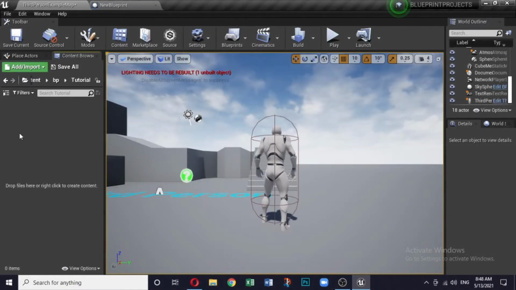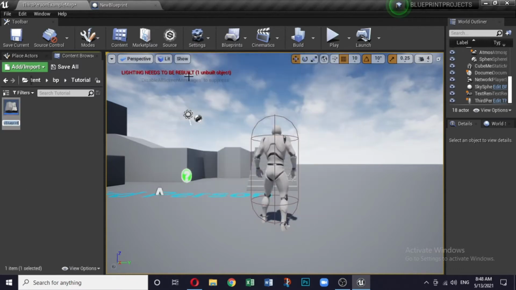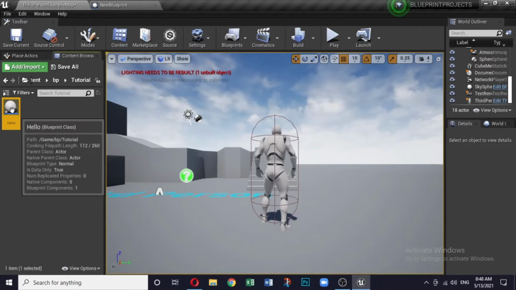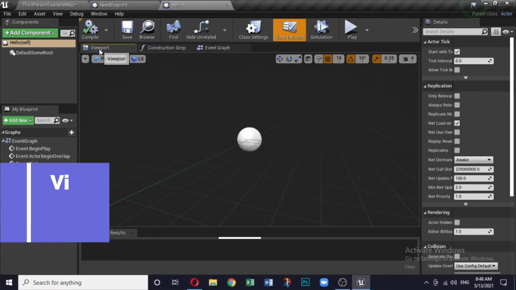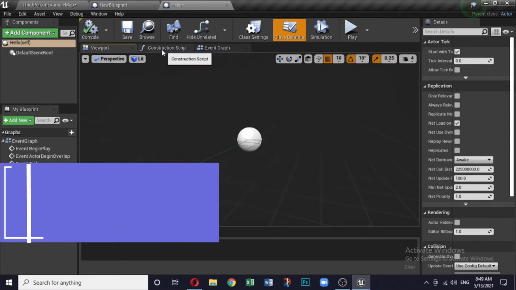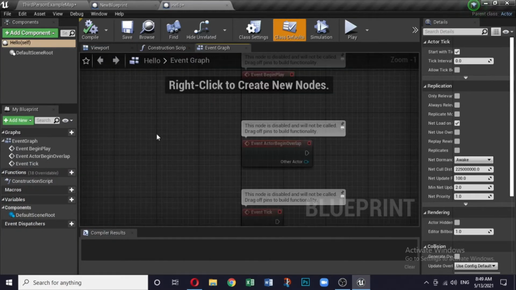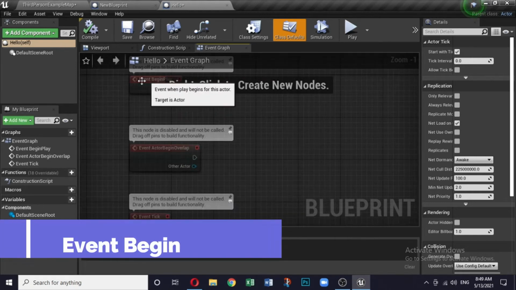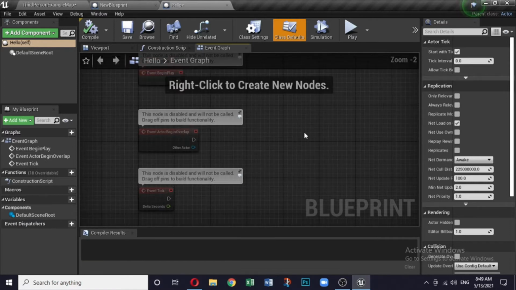Okay, then let's start. So right click and we have a blueprint class. Select actor and let's name it hello. Fine. So double click. This is what it opens. Here is the viewport and we can add a lot of components, but right now we are not getting into that. Let us come directly to the event graph, and in the event graph you have these three nodes: event begin play, event actor begin overlap, and event tick. We will explain one by one.